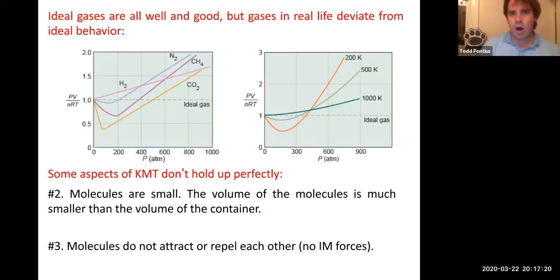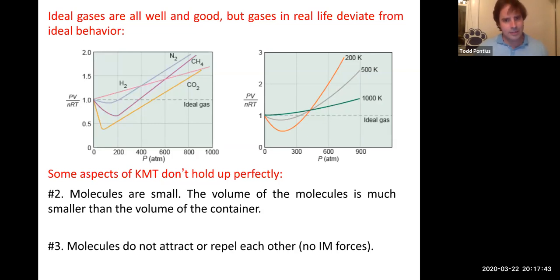Okay, so on to our next part. Gases. Are they always ideal? Truth be told, no. Sometimes they are not so ideal. And there are a few key factors, 3 that we're going to be concerned with, that cause gases to deviate away from ideal behavior. Now, the reason why they deviate from ideal behavior, if we look at kinetic molecular theory